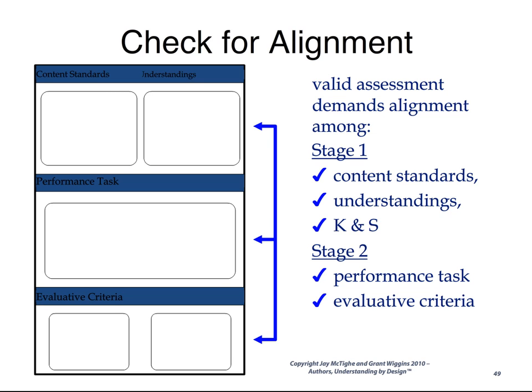If we're really searching for alignment among the ideas or goals that we lay out in Stage 1, and also the performance task and other criteria in Stage 2, that will help ensure that everything is well aligned, so that we're not asking kids to complete something that they never learned, or asking students to write a paper about skills they never actually achieved throughout the unit. We want to make sure that our assessment evidence is valid, and a way to do that is to check alignment with Stage 1.